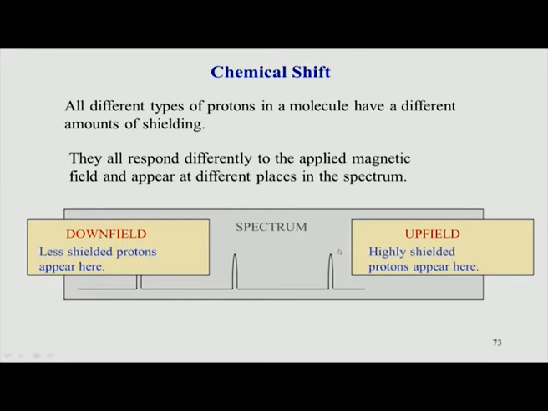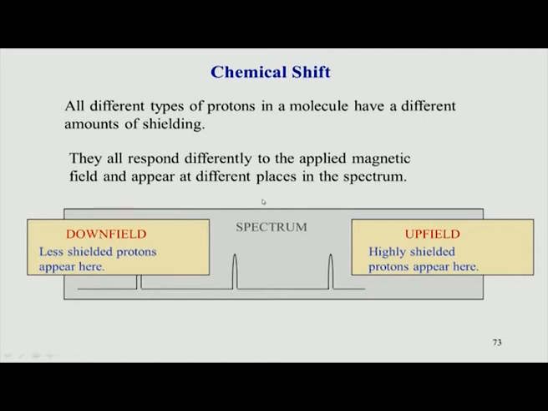Typically in the spectrum, the reference is always at the right hand side. The reference molecule, as we will see in the next few slides, is always kept at the right hand side, that is at the high field. We use the word shielded. When we say shielded or upfield, it means the peak is coming towards the right end of the spectrum. Any peak which comes at the right side, we say it is upfield shifted with respect to the center. So, the center is somewhere here.